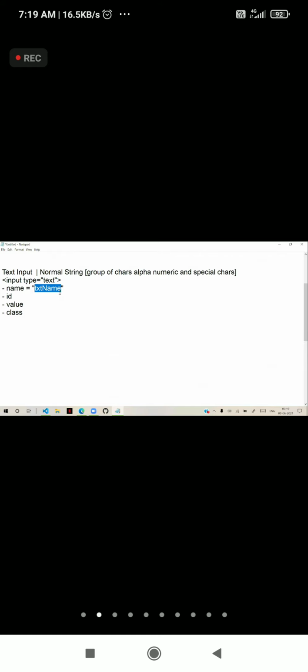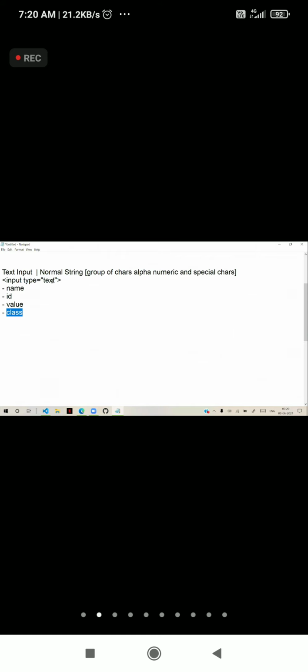That creates a lot of confusion for handling the element dynamically. That's the reason you define a unique reference with ID. Name can be common for several elements, but ID cannot be common. So ID is unique. Class is used to define multiple reference names for an element.